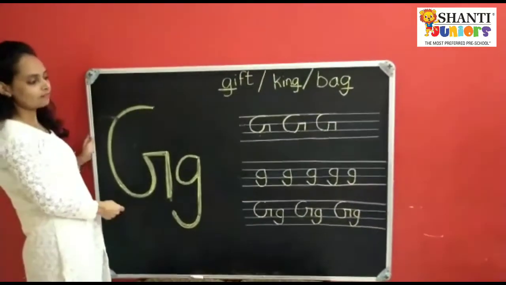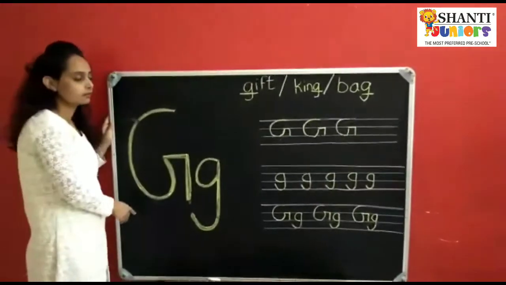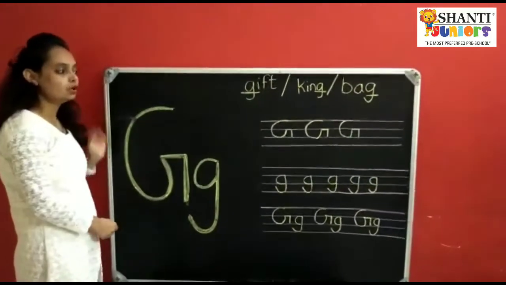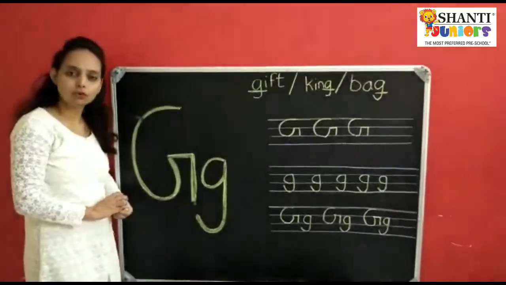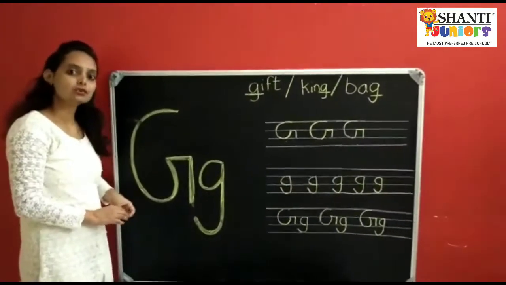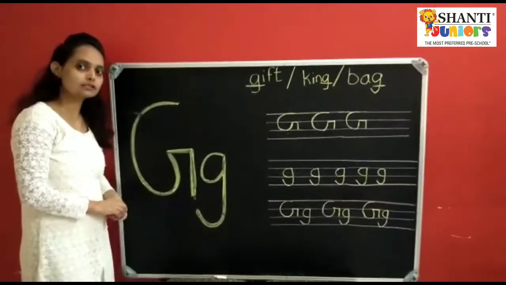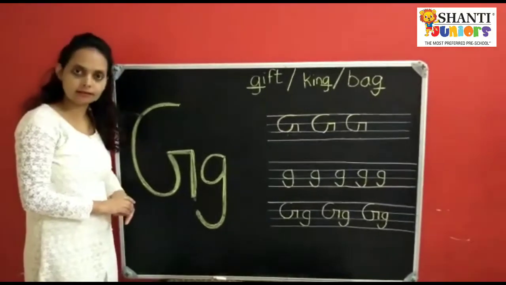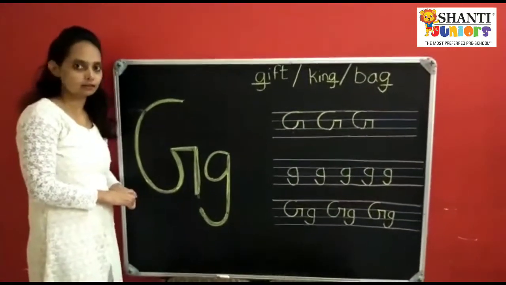So today we have learned letter G, children. It's very simple. You also practice at home. If you don't know how to do it, tell your mama to give you dots. Okay, first practice on a dot. You have a slate at home. So practice on the slate, okay?